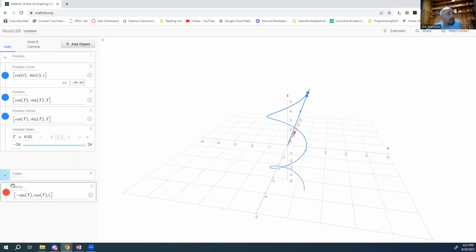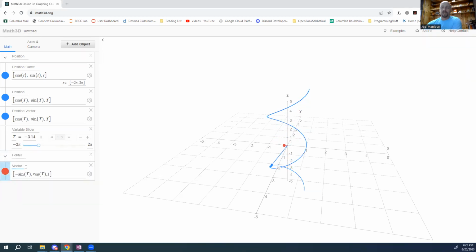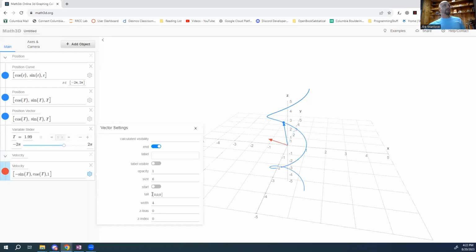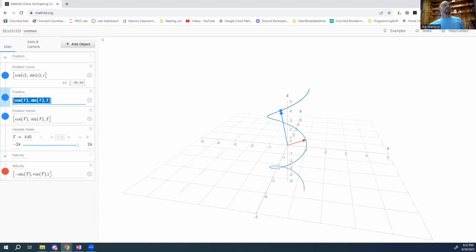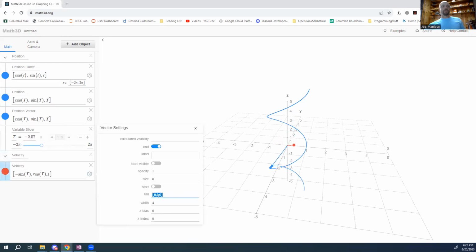This red vector is the velocity, right? That's the rate of change of position. This folder is going to be the velocity folder, right? And so I've got my velocity vector. I just need to tail it. So I'm going to tail it to the position vector, right? So I'm just attaching it to